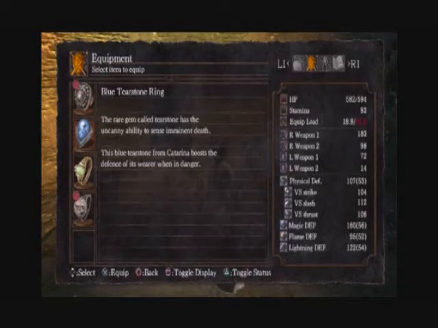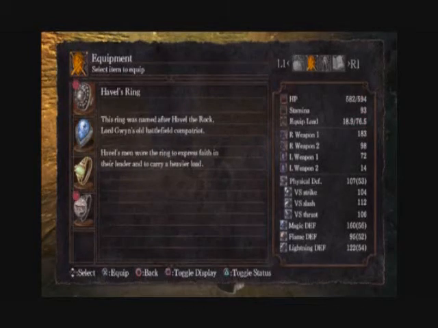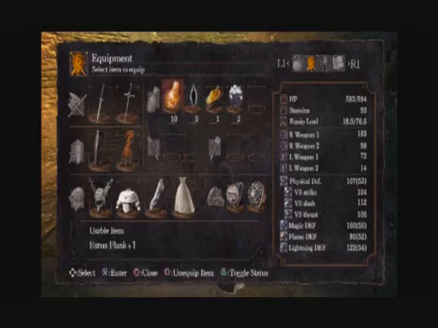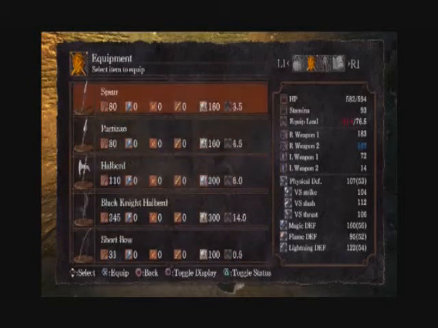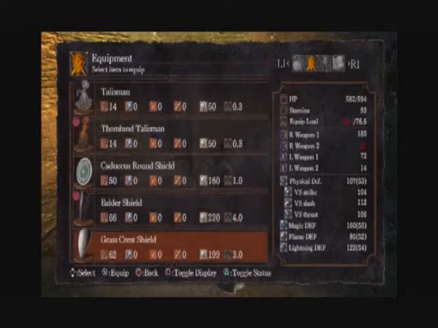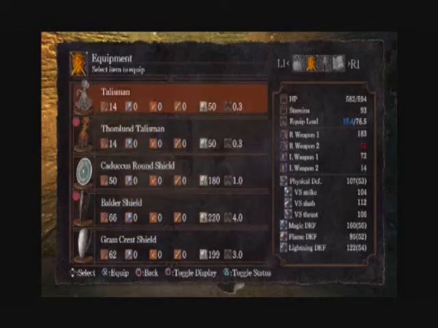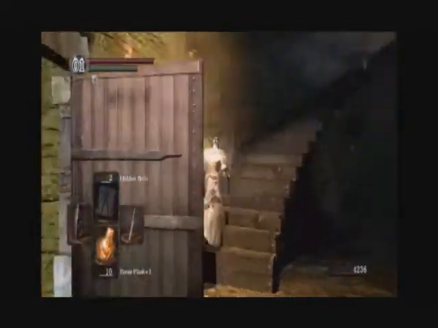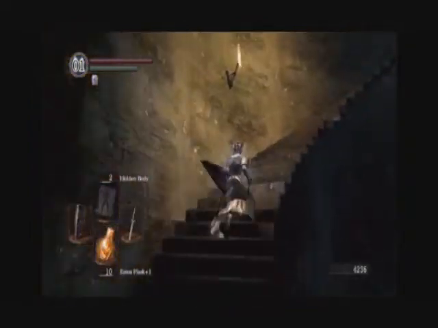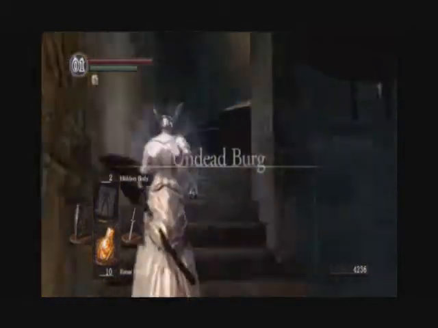I just don't find them very reliable, so we're just not going to deal with those. And this Havel's Ring will allow me to equip some more heavy equipment with very little consequence to it. I'm just going to switch up some gear real fast, and then I will show you where this actually leads to. Because if you went the direction that I went to,